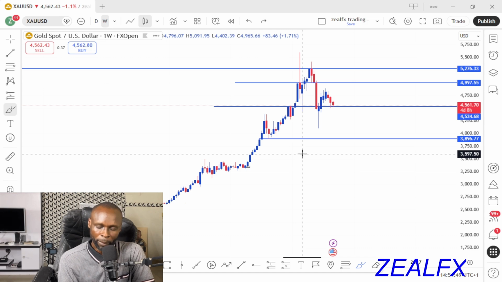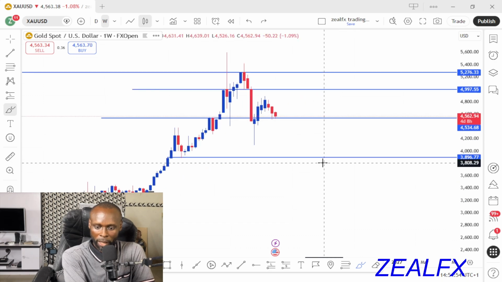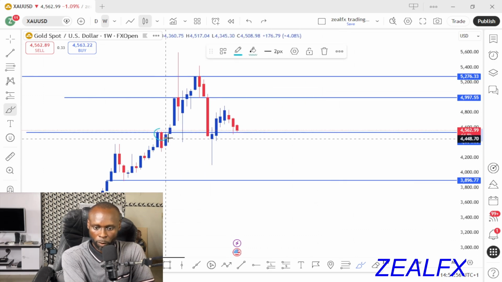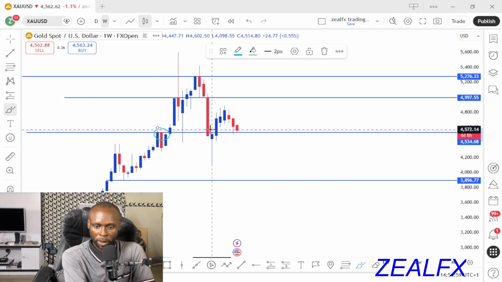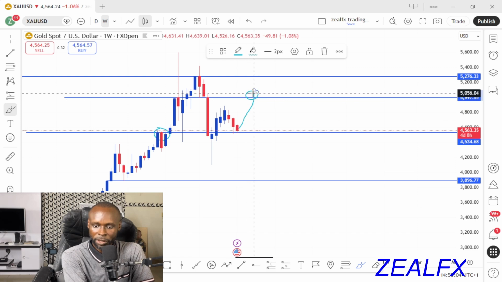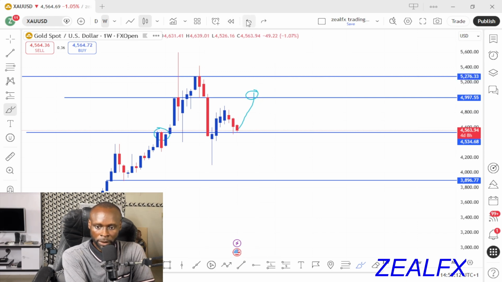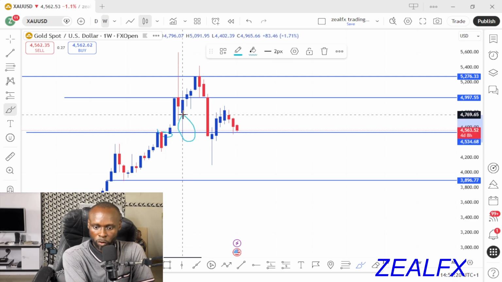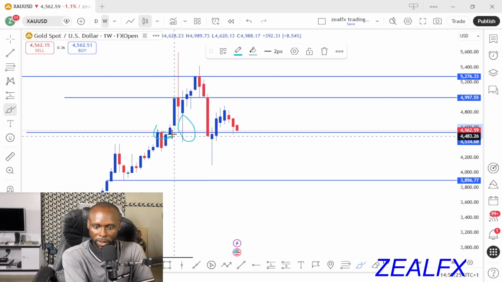We can't just buy from any level on gold USD. We have this particular support level, which is a strong zone that might trigger the next big move to the next resistance level, and a break of this resistance might push price back to this resistance level. Gold USD is now reacting to this particular support level. We can see we also have this support zone on the weekly. So long as price is currently on this support zone and also reacting to this support level,